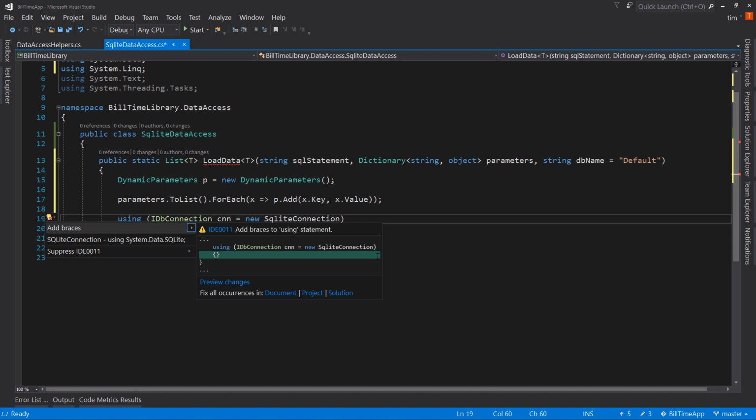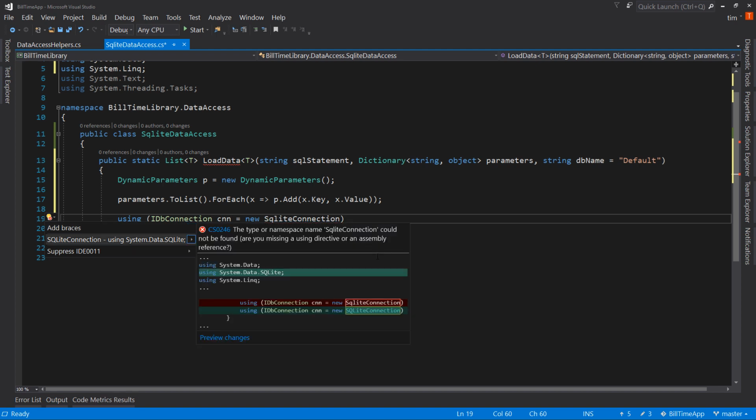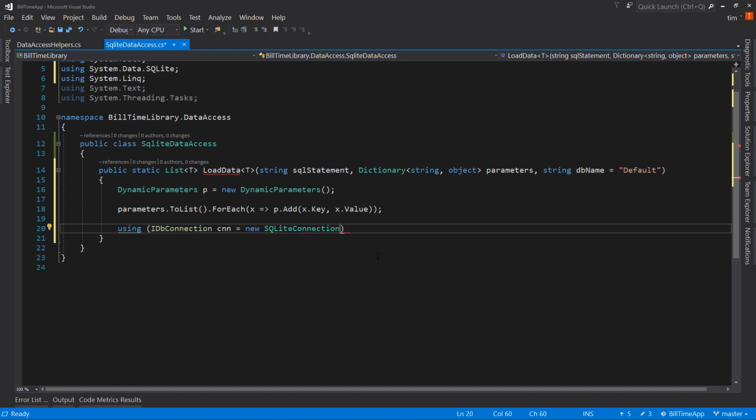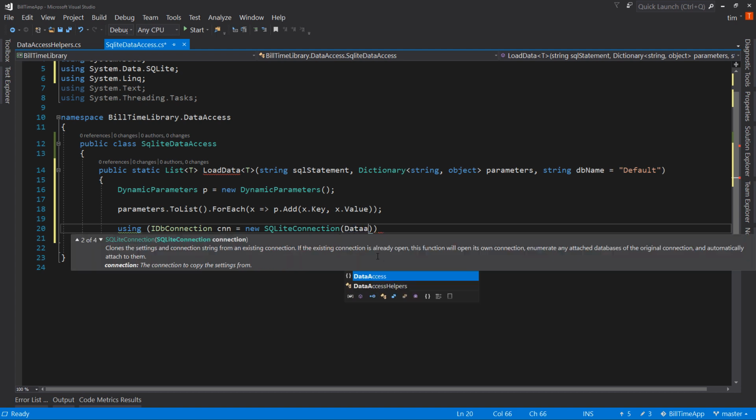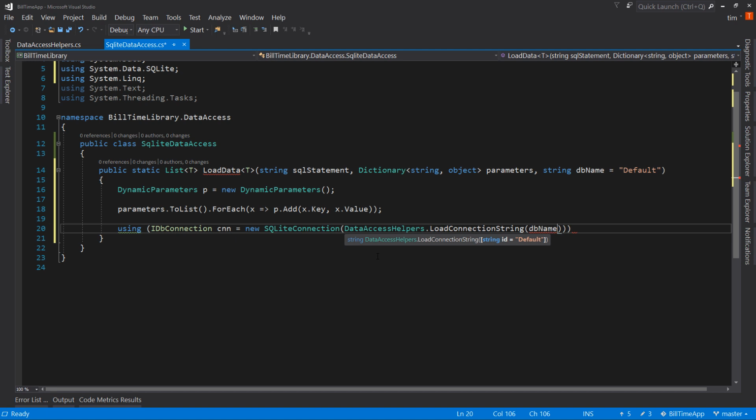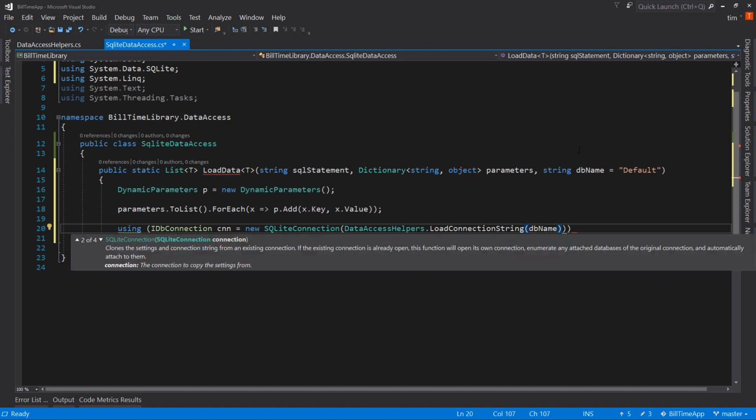So it's Control Dot, and we need to add the using statement. Okay, SQLite connection, and then we need to load our connection string. So we have our helper, so DataAccessHelpers.LoadConnectionString, and we'll pass in our DB name. And actually we'll call this